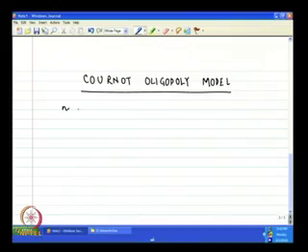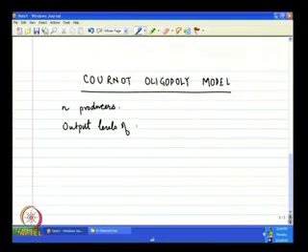What we are going to assume is that suppose there are n producers, n is any number greater than 1, but not very large obviously, and suppose the output levels of producers